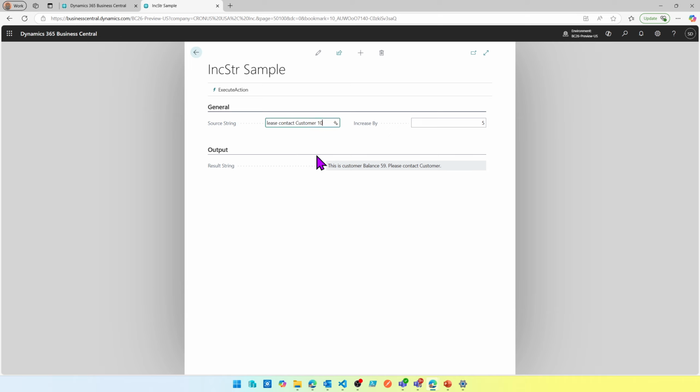1000. Okay, now let's see what happens. Does it increment both, or does it only take the first one? So now it says the balance is 54 and please contact customer 1005, because as per the rule of increment string, it picked up the last, or the closest, integer value at the end of the string, as we read in this article. And let me open that,